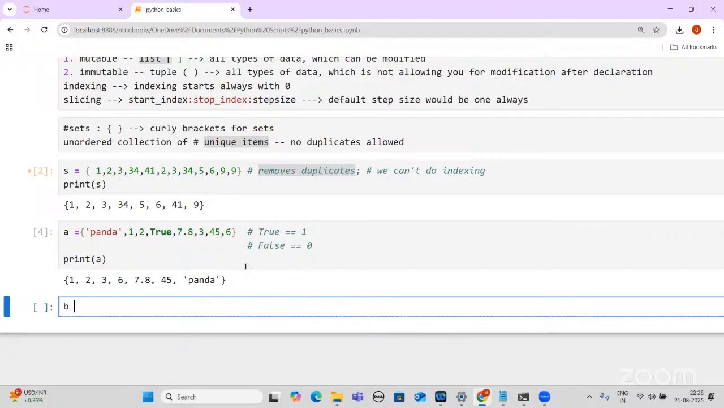B equals to another set I'm giving: false, true, 1, 2, 0, and